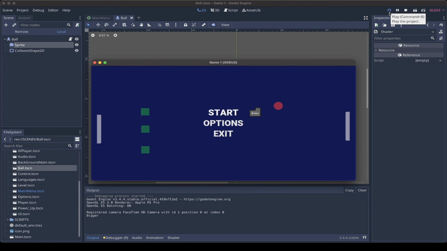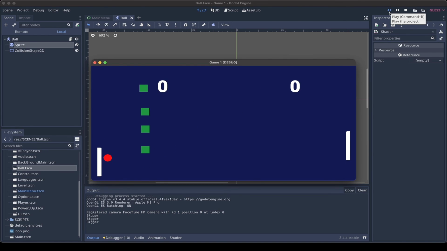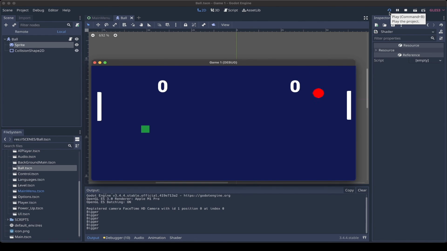There we go. We can see the ball is on the red side. And as you can see, it's starting to become less transparent as it keeps speeding up. Yeah, it was pretty fast, but